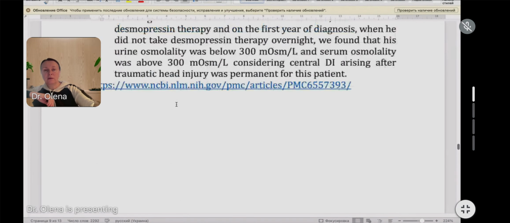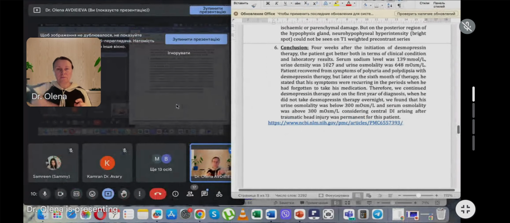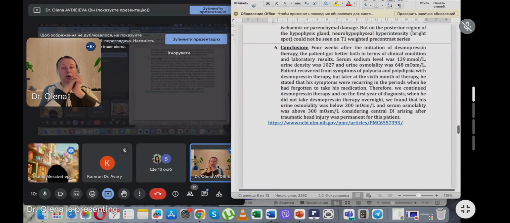Do you have a question about this patient? Trauma is a very frequent reason for this variant of the disease and for affection of the posterior lobe of the pituitary gland. So when you have a patient with unusual polyuria and polydipsia, first of all, of course, you should think about these hormone disturbances,